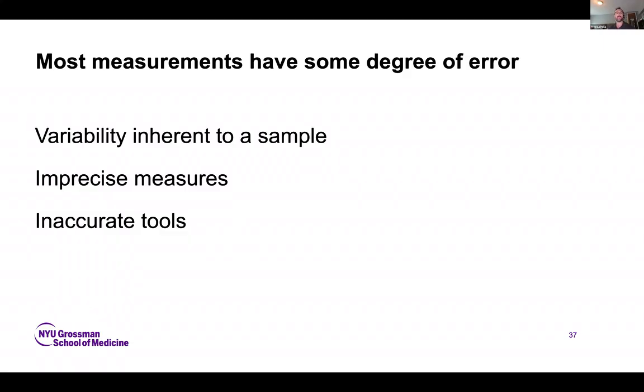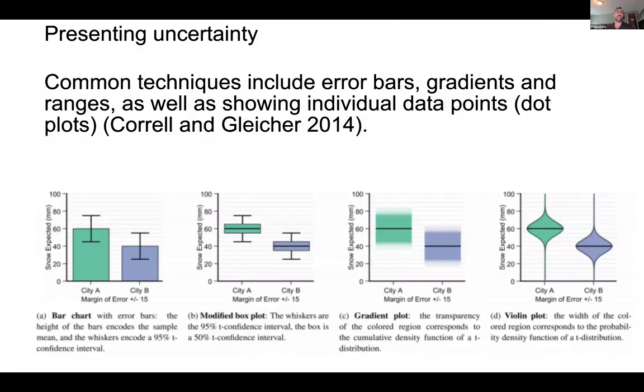We may also have issues around imprecise measures. So if we were surveying people on their attitudes about their diabetes care, there's a certain extent to which hopefully our survey measurements are correctly, accurately, reliably and validly measuring those attitudes, but there may be imprecision, there may be inaccuracies. And so those will all introduce these measurements of error. And so it can be really important to think about how we're going to present error, since there is going to necessarily be this uncertainty that we're presenting.